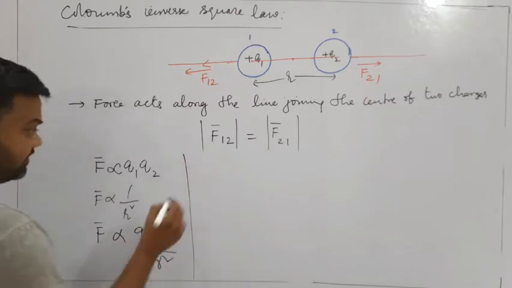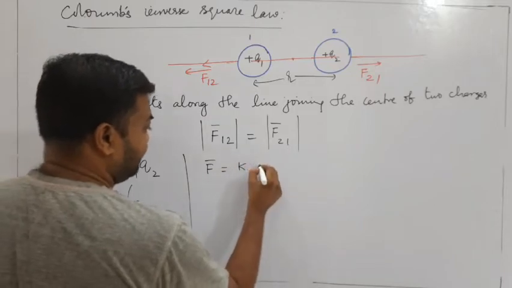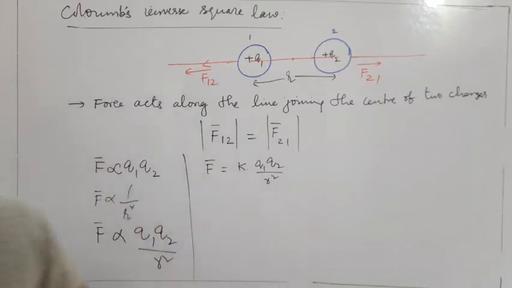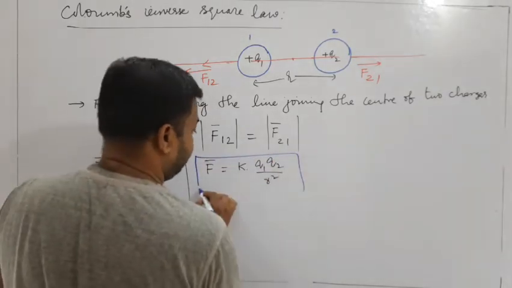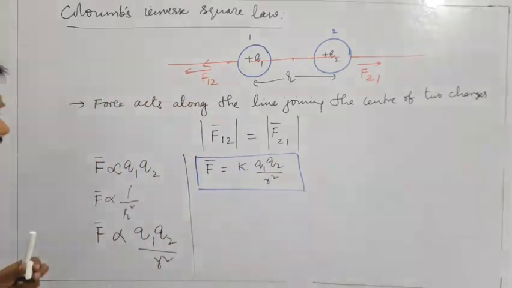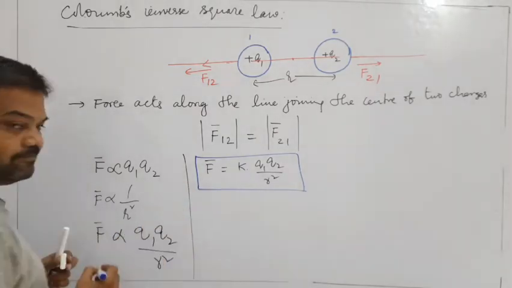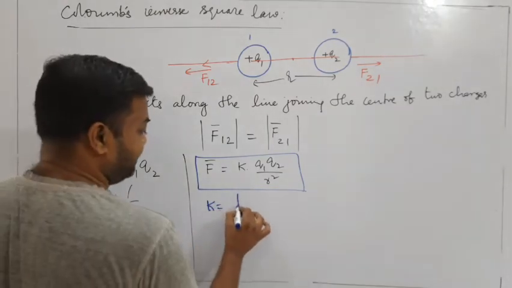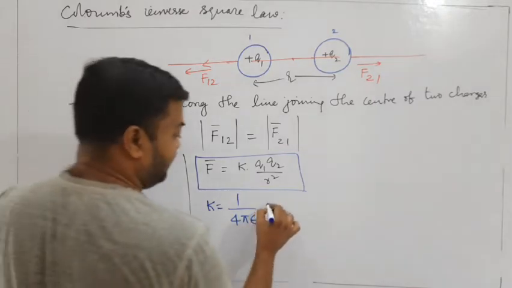Or if I remove the proportionality, then I place a constant k: F equals k q1 q2 by r square. Okay, this is Coulomb's law. And this k we are calling the proportionality constant, and k depends upon the medium. Okay, the medium which we have taken. Actually the k value is 1 by 4 pi epsilon naught, where